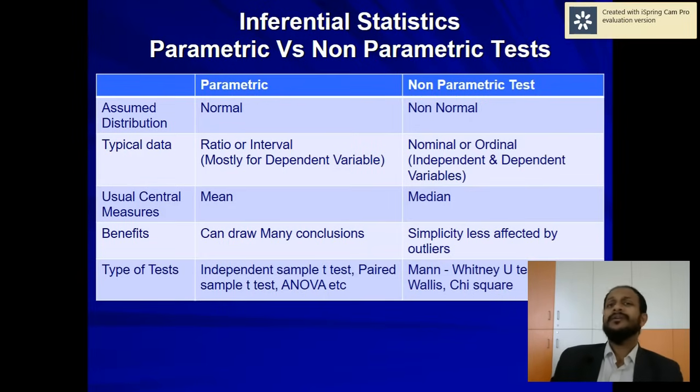What is meant by parametric test? Make it simple. Parametric tests are those tests where you have some assumption about the population. Already I have told you that inferential statistics is all about predicting the characteristics of the population through the sample. Now this parametric test is something where you have some assumption about the population from where you are drawing the sample,